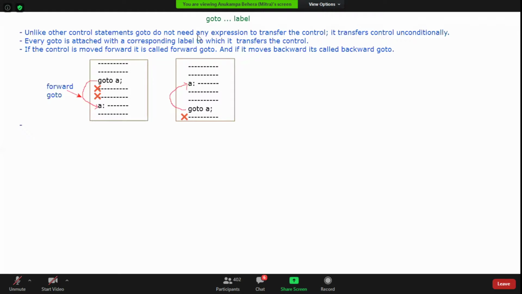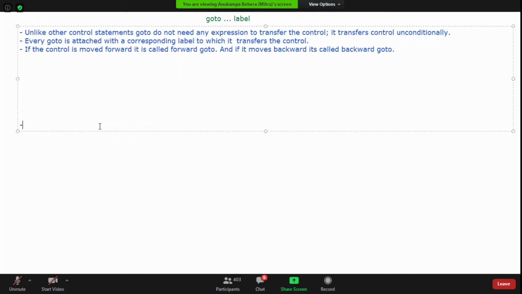So this is called a backward goto. So control is moving backward. Done. Next.